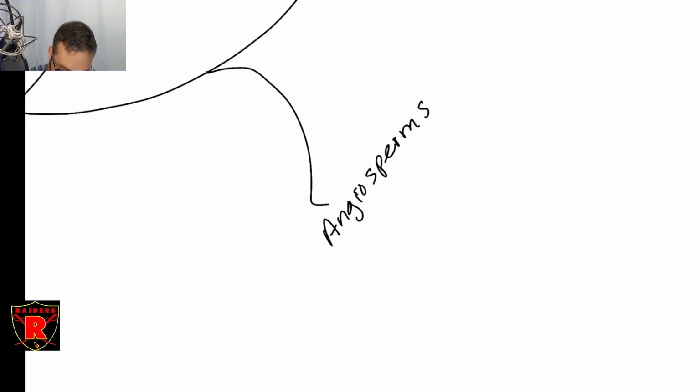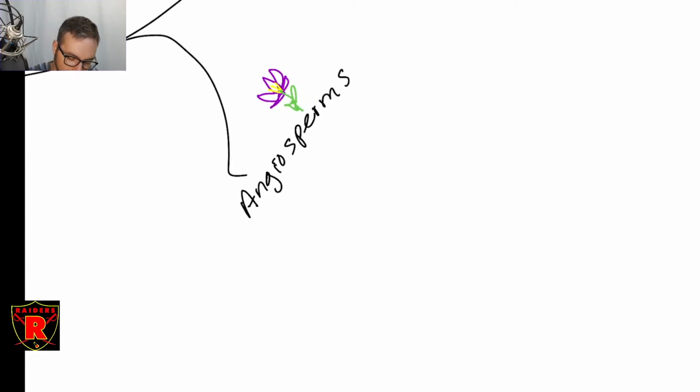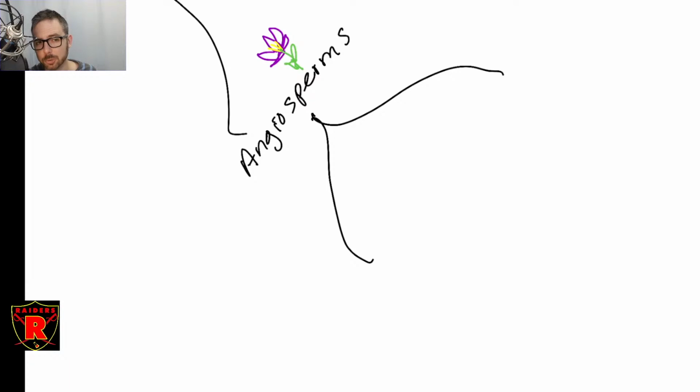Angiosperms are flowering plants. So any plant that has a flower on it, and there's all different kinds of flowering plants, those are angiosperms. They are the most common plants now. Of the angiosperms, there are sort of two main subcategories, and we're going to talk about these. Because angiosperms are the most common, the unit is mostly going to focus on angiosperms,